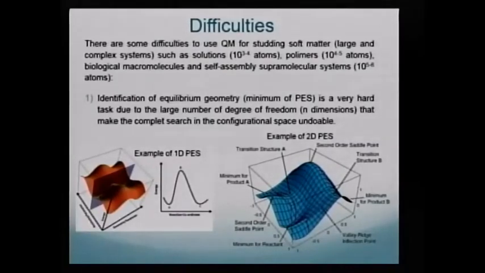Or if you go to polymers, you are going to deal with around 100,000 atoms. Or if you go to systems that self-assemble and stick together in clusters. So you are increasing the size of your system. And I showed you how long it takes to perform a calculation with only 880 basis sets. If you go to a large system, then your quantum mechanical calculations start to be very expensive. You need to change and go to a simpler